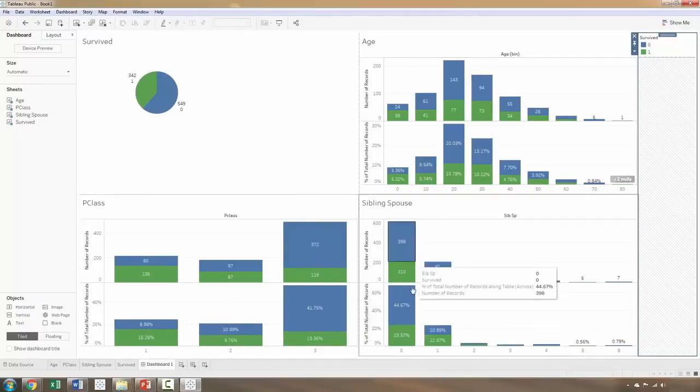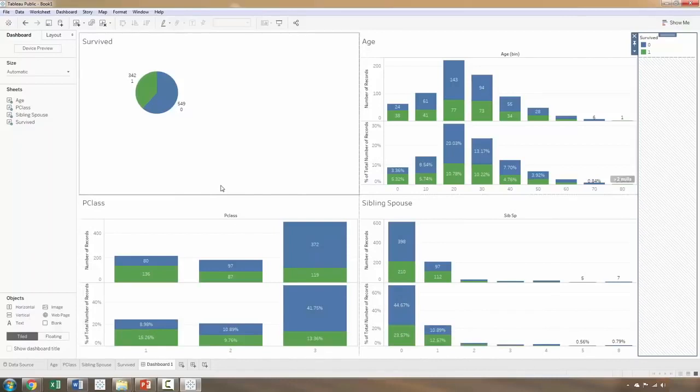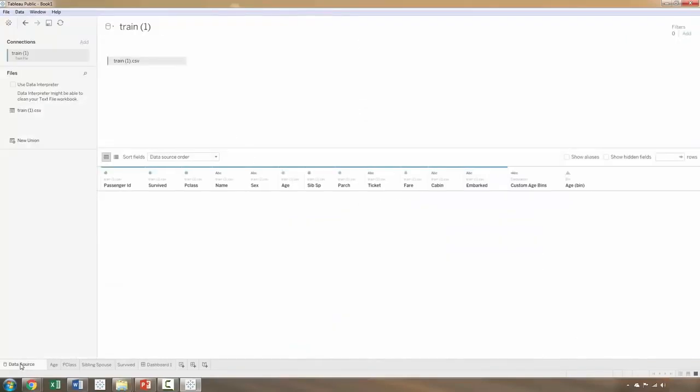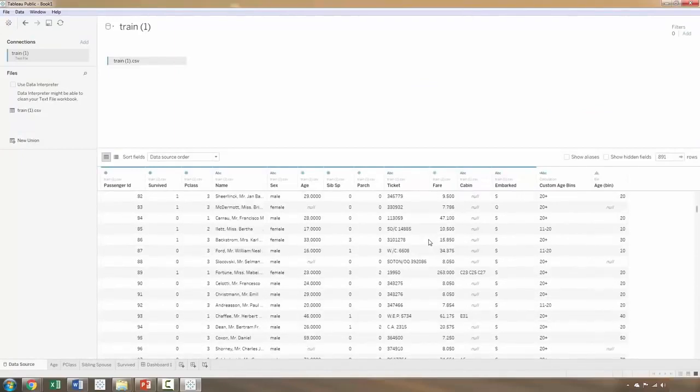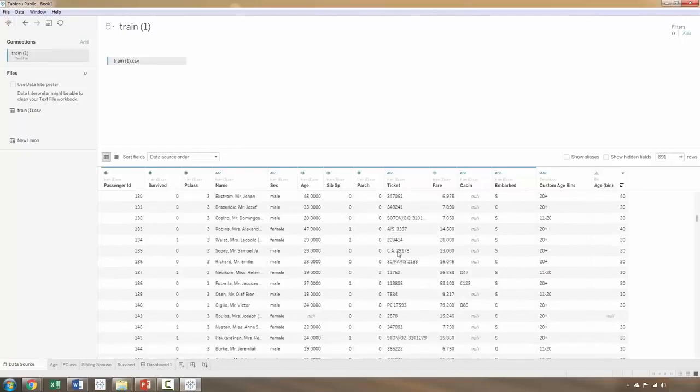And siblings and spouses, those that had fewer siblings and spouses, they survived at a higher rate, which is obviously pretty sad, but this really brings to life the data. We all know what happened with the Titanic, and if we were to just look at this data here in the data source, there's only 891 rows. You might be able to even look at this and pick up some trends,